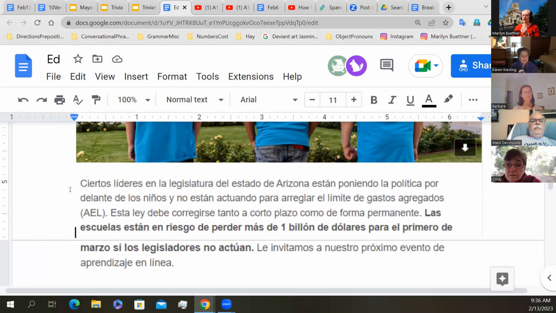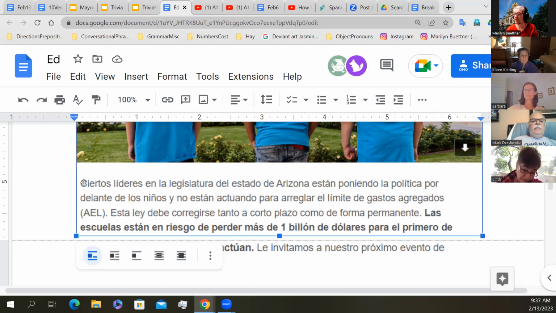Ciertos líderes, and ciertos is an adjective that comes in front of líderes because ciertos just talks about quantity, right? And the quantity adjectives don't follow the nouns. The quantity adjectives come in front of the nouns, right? Muchos or pocos, and in this case, cierto, certain. It kind of, in a vague way, talks about amounts. Certain leaders in the legislature of the state of Arizona, and I can't highlight this because I had to clip it together, are